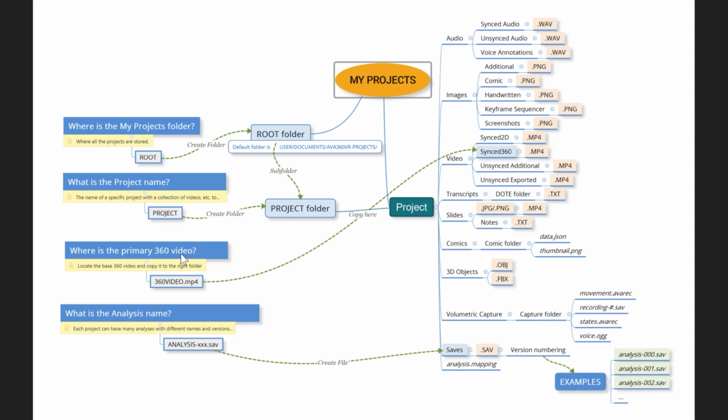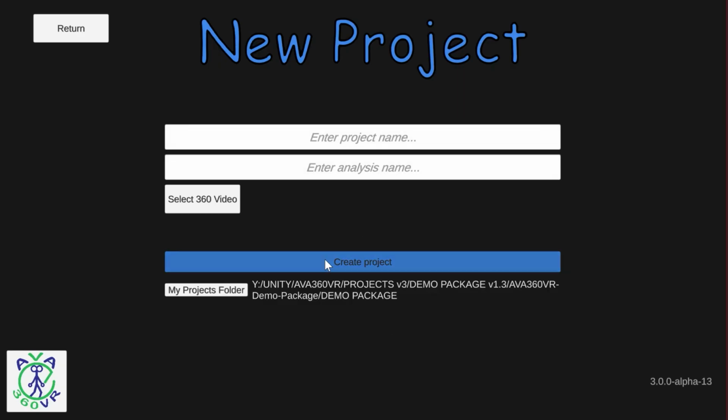And then what's my primary 360 for this analysis, in my first one in the project? You can create another analysis that will have a different 360 that's also in the same project with multicam type recordings. So hopefully it explains something of the hierarchical structure. Now let's go back and take a look at, if we did this and we press create project, it would create the project, load it up in VR with that 360 as the background, and with your analysis name as your first analysis. But if we return here and go back to the main menu,